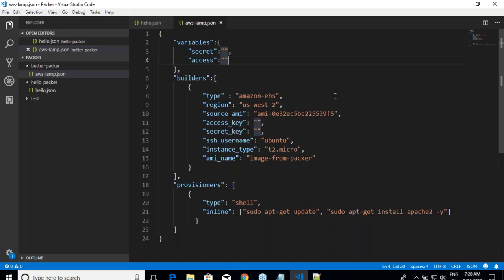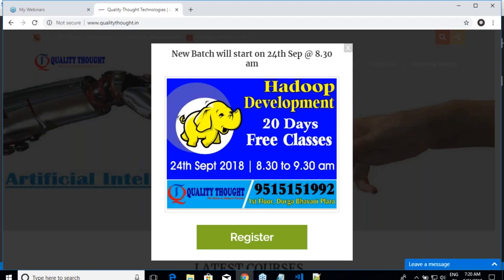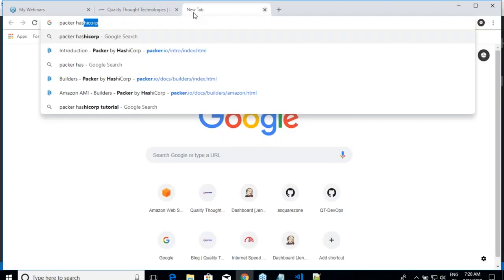And you can define many more values, but let us start from here. Then we will add some more things to it. So I am not going to write a secret key and access key over here, but rather I want the user to pass this value. So now let me go to the Packer section, and now let me look at the variable section. What Packer has to tell about it.